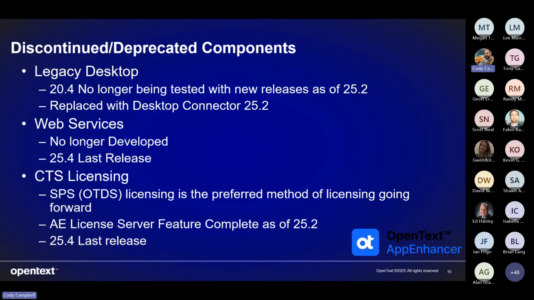It's freeing up bandwidth for our team to not have to go through that last set of regression testing with 20.4 to make sure that it functions. And certainly we've had some bugs, like III doesn't work anymore, and a couple of the other tools don't work anymore because they've already luckily been replaced in the web. But you can't expect a full experience today with desktop anymore. And so if you're running 20.4, you should be concerned that it could break by the end of the year if you upgrade your backend.